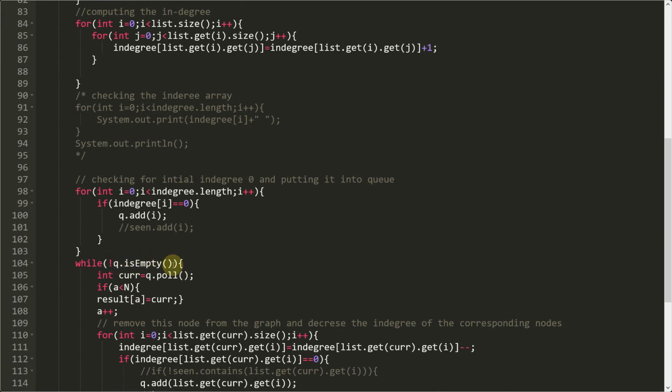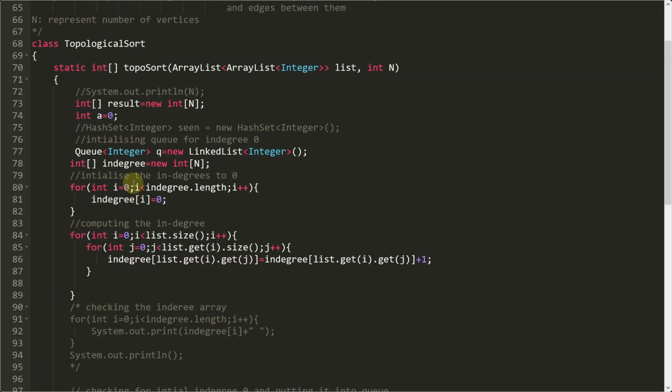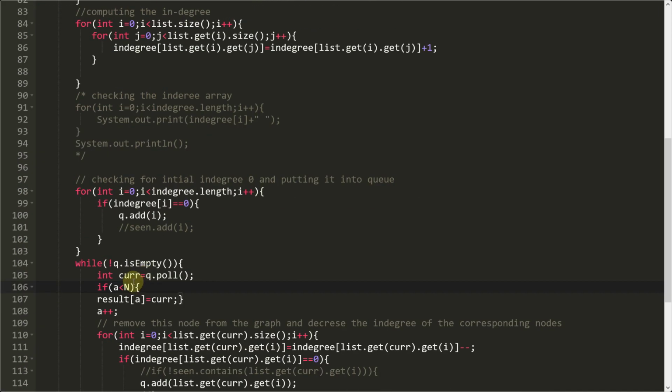If our queue is not empty, I'm taking the top of the queue into the current node, and if a is less than n, I'm initializing this a to 0 just in case. If you remove this, it doesn't matter, but it's just in case because a should be less than the length of our vertices. I'm going to store that particular vertex with the in degree of 0 in the resultant array,